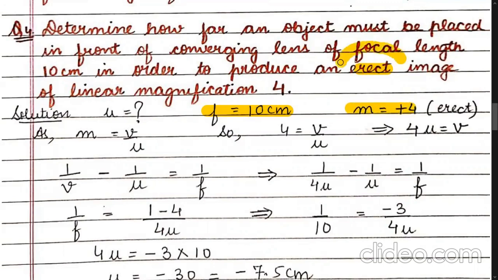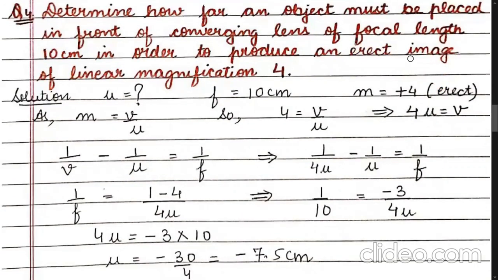Children, if instead of erect, they would have written inverted, the same question would have been different and you would have taken magnification as -4 then, if it was a real or inverted image. So let us continue here. First of all, we are not provided with the value of v and u. So I cannot directly use the lens formula. But I have been given the value of